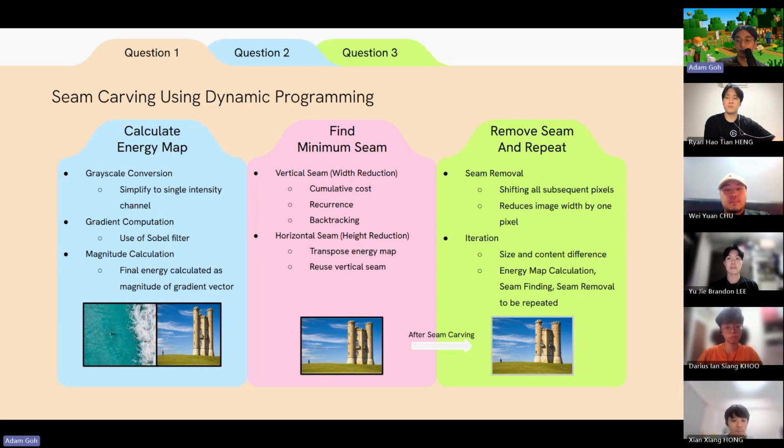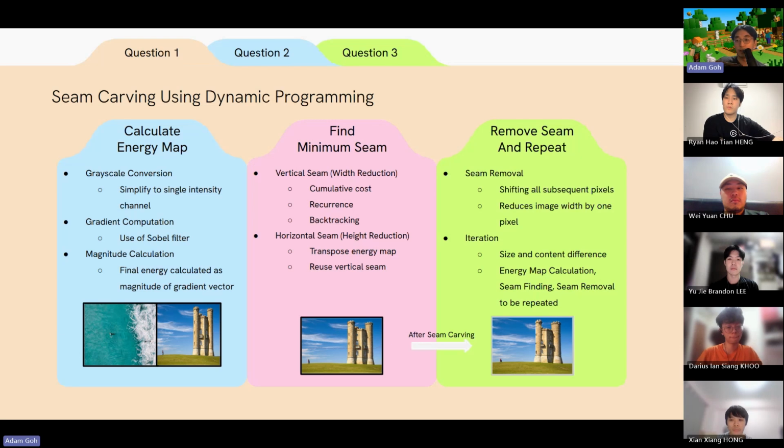Once we have the energy map, we use dynamic programming to find the minimum energy seam. For a vertical seam, we build a cumulative cost matrix that stores the lowest energy to reach each pixel from the top of the image. The cost is updated using a recurrence relation that chooses the minimum of the 3 possible predecessors. After filling the dynamic programming table, we backtrack from the lowest value in the last row to retrieve the